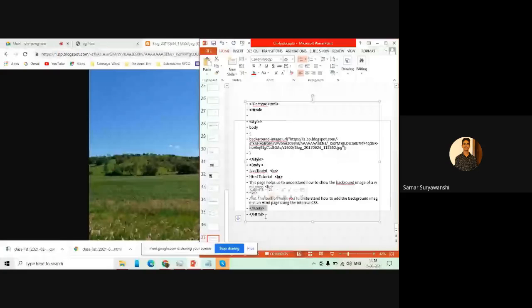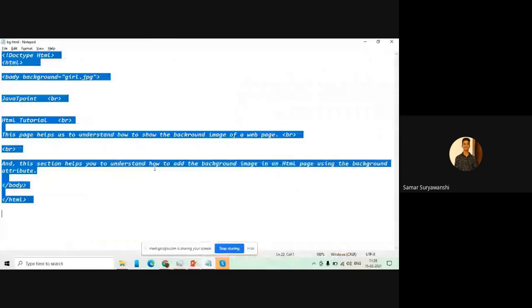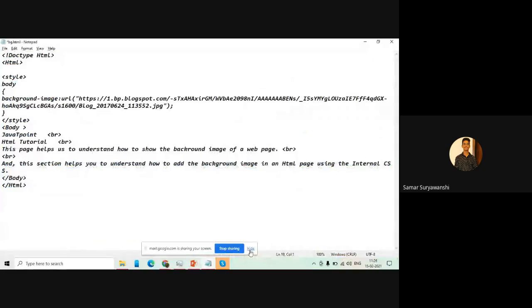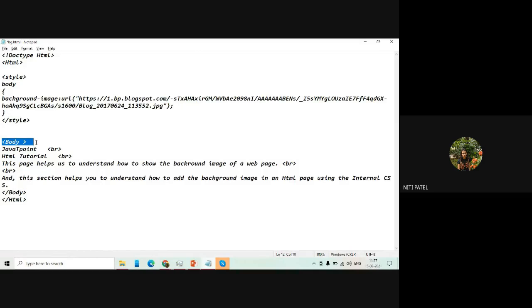Ma'am, can we use the body tag twice in a page, in a code? Yes, this main body is for the body of your HTML, but this body is inside the style, which is compulsory inside the style. This thing will get clear to you when we do CSS. You see, this body has open and close, that means it starts, then you write body, and then the tag closes. But if you observe this body of a style, it does not have any opening and closing angle brackets. Can you see those? So that is a difference.